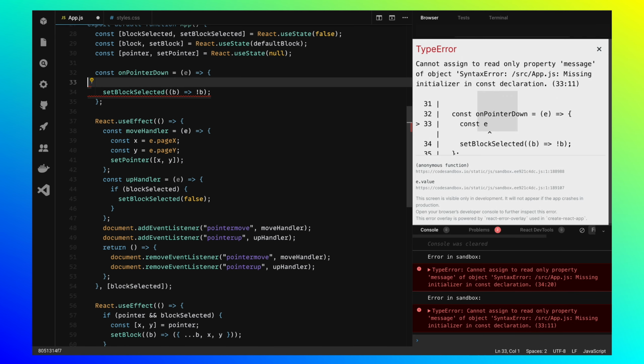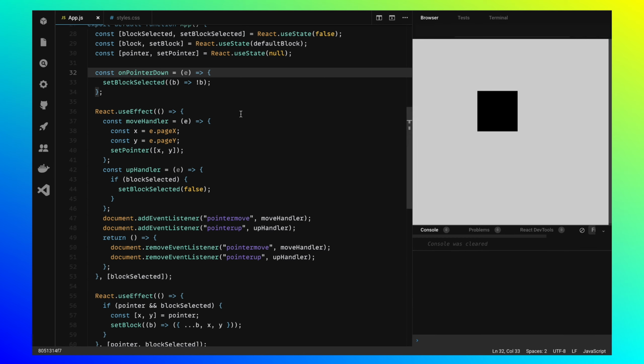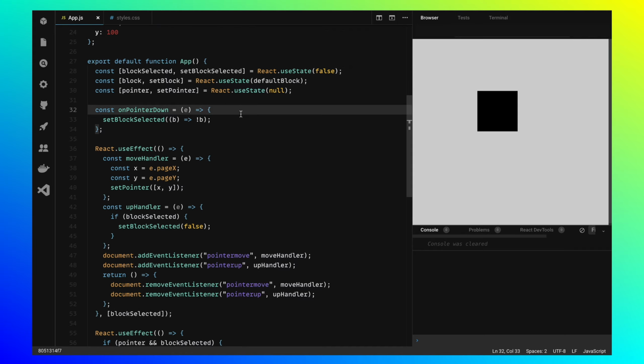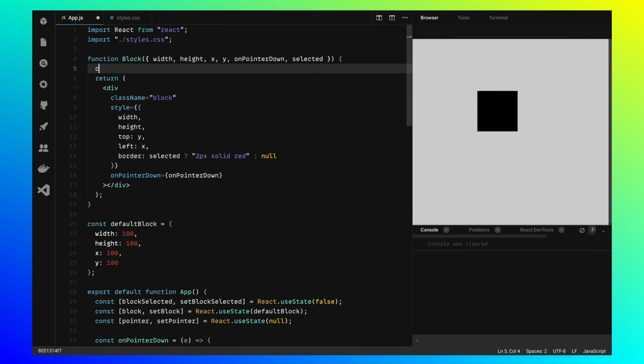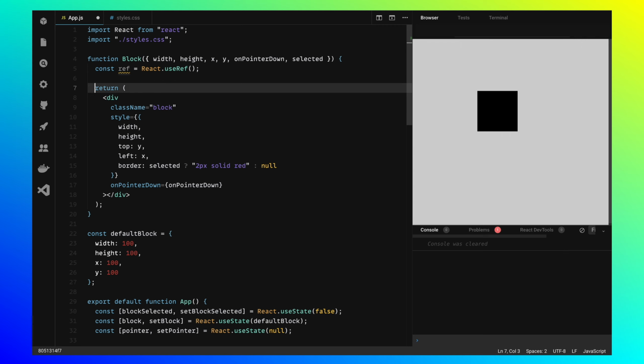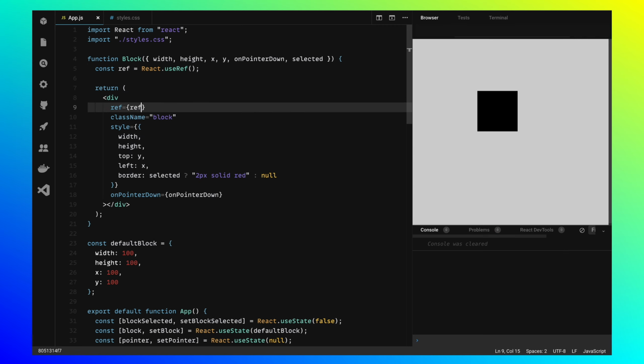For that, we will need a reference to the block element, because we need coordinate data, basically a bounding box of the block. So we'll use ref for that. You could say that we could use event target from the event handler, but event target could be different depending on where exactly the mouse event has landed.